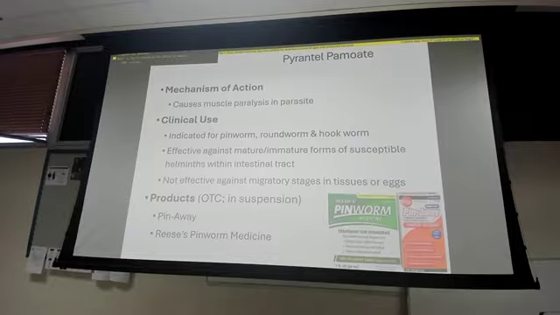Alright, so it looks like we have a 30-year-old male coming into my clinic with a child who has pinworms. So what are we gonna do? So we have this medication, it's called pyrantel pamoate. So what it does,